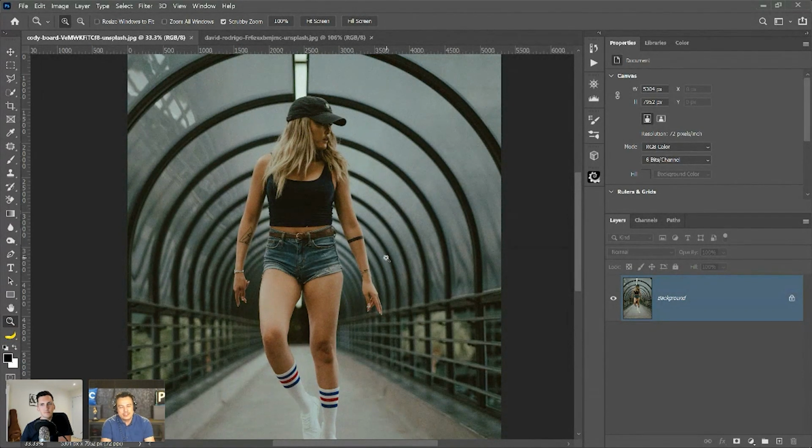If you want to get the sharpest, best possible lines ever, you can use the curvature pen tool and create a path to create a vector mask, or you can use a layer mask. The advantage of using a layer mask is that it's much faster. The disadvantage is that it's not going to be as sharp. So in this case, as we don't have a whole lot of time, we're going to go with the layer